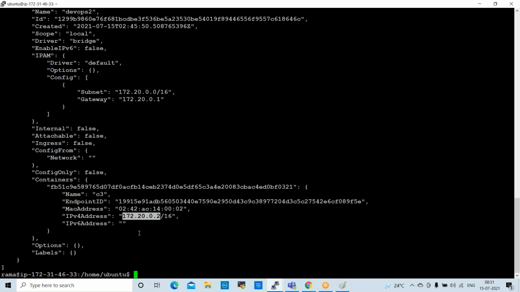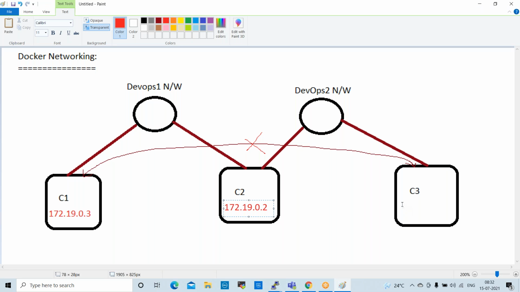The DevOps 1 network is the 172.19.0 series, right? Now this is the 20 series. The network ID changed completely. So this is a different network.